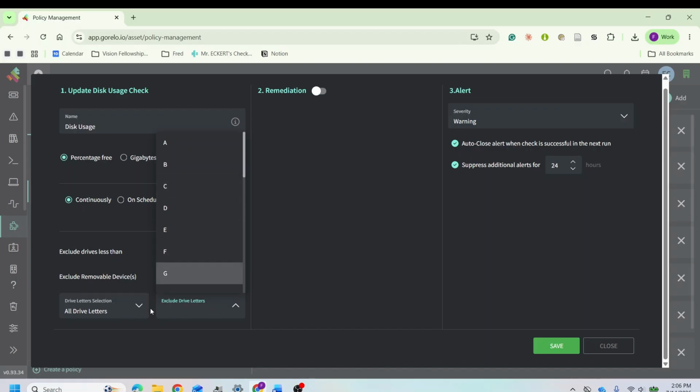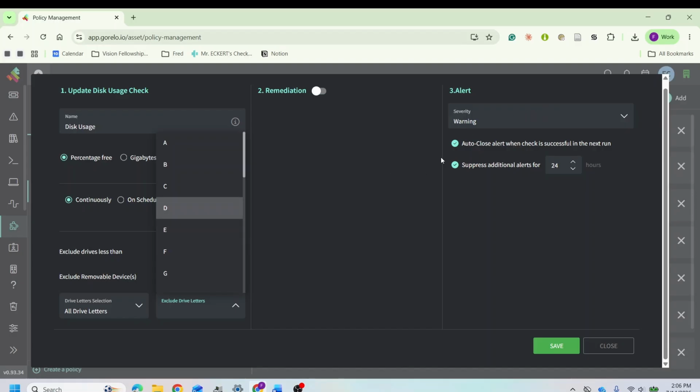So let's say you have two drives in your computer, and drive C is where the operating system lies, and it's maybe 256 gigs, and drive D is the one you want to monitor, and that's a terabyte. You can actually go in here and say exclude drive C, and then it won't tell you anymore, because drive C will fill up really fast, even if it's just the operating system,